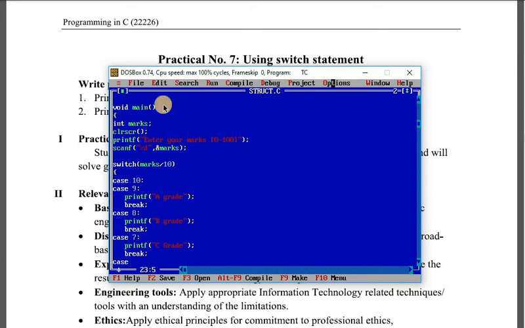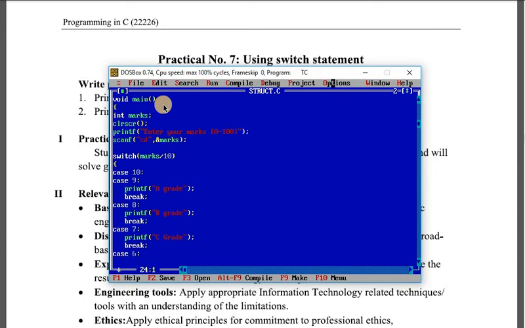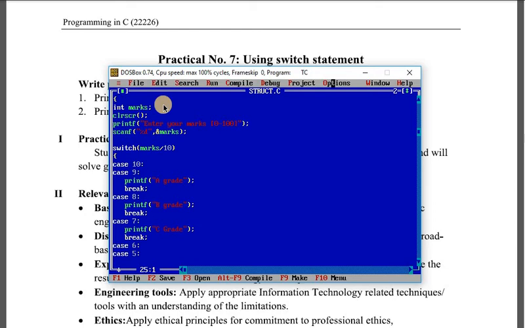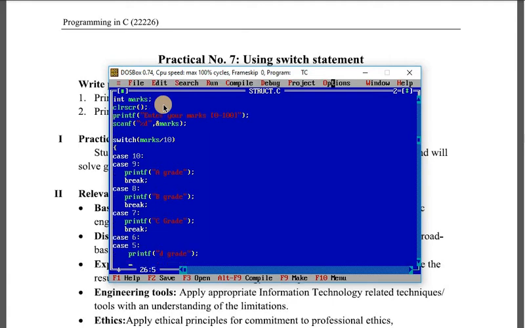Now case 6 and case 5 means what? If that student gets more than 50 marks but less than 70 marks, he will get the D grade. Then break.